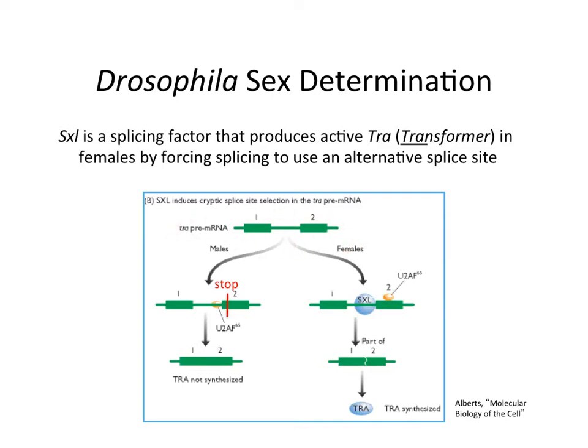2 exons. In females, when sex lethal is present, it binds over one of those AGs. So this binding site for the sex lethal protein covers a splice site so that splicing doesn't happen. And so you get the end of exon 1 spliced in the middle of exon 2, not the usual splice site. It's what they call a cryptic splice site, a splice site that's only used in certain situations. So here, females get exon 1 and the last half or so of exon 2, and that makes the full-length